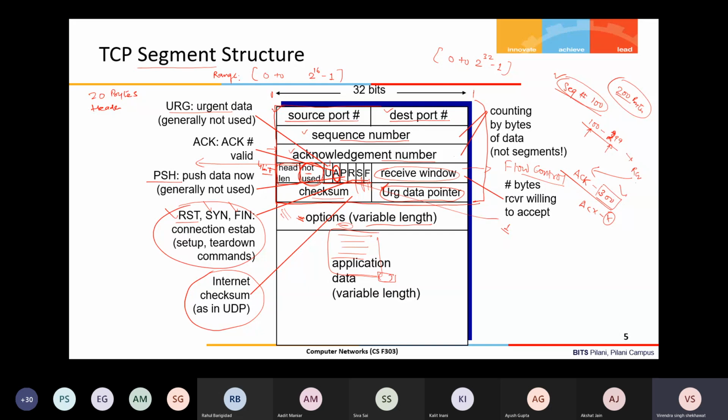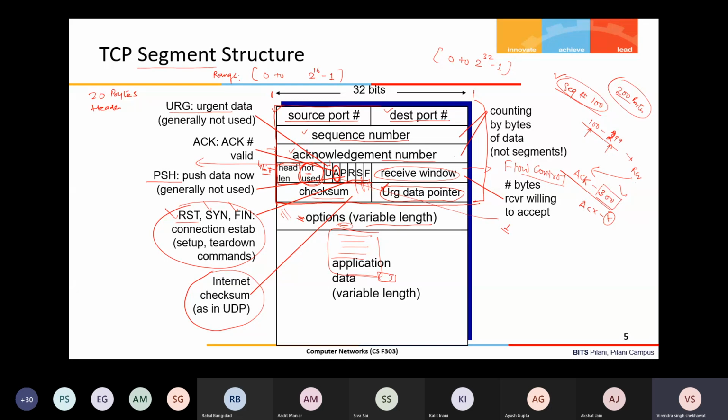The application will send in that chunk of data, starting from this segment till this urgent pointer, that entire data is urgent data. So that data it will put as the first part of the chunk, and then the remaining data it will send. Otherwise we would require 2 pointers. That is why it has been implemented like this: if urgent data could be placed anywhere in the segment, then I would need 2 pieces of information, starting and ending.